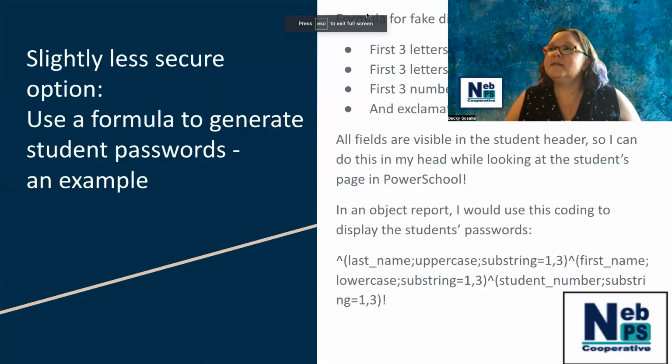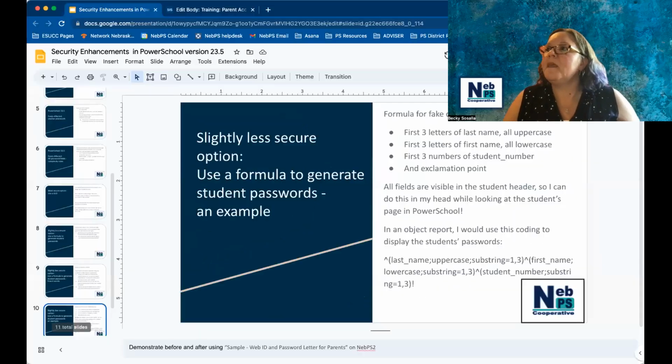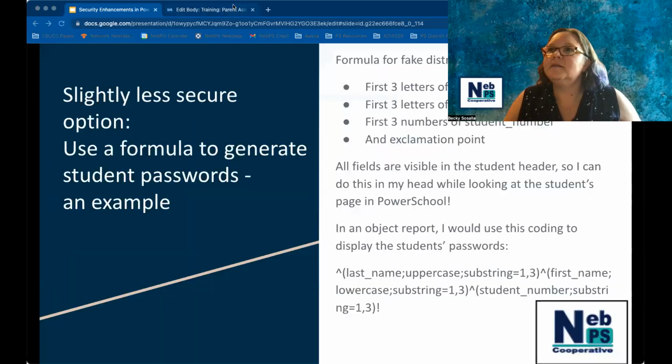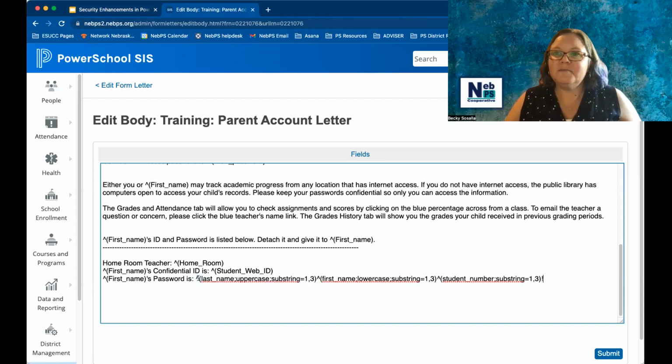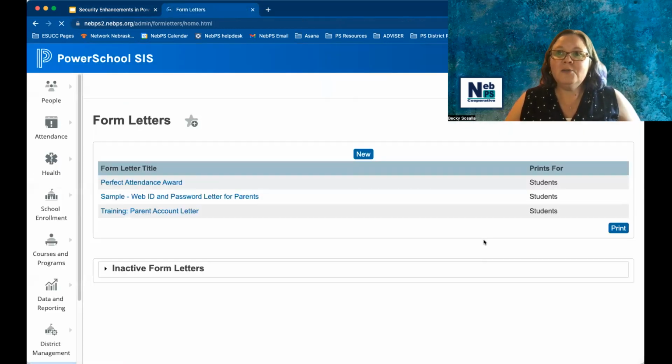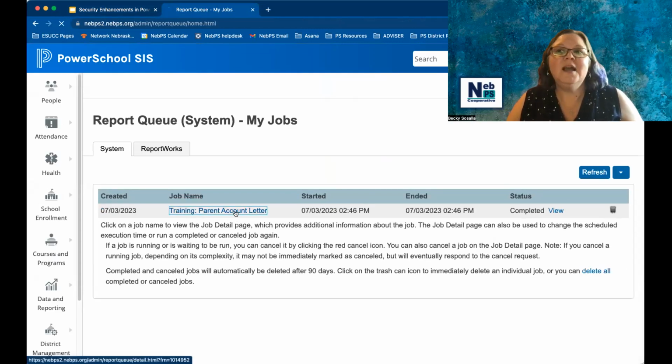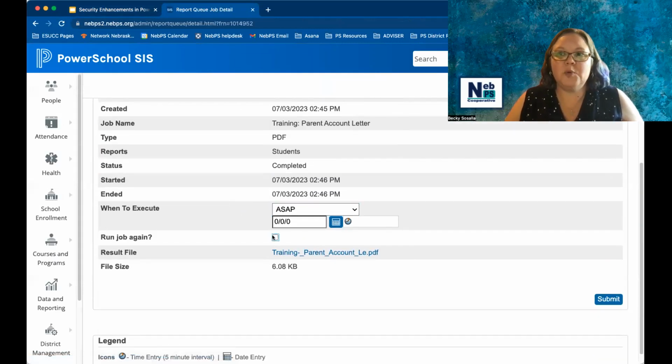And, oops, I hit the wrong button. Forgive me. And paste that into my form letter. So notice, last name, all uppercase, first three digits. First name, all lowercase, first three digits. Student number, first three digits, and an exclamation point. So now, when I go to my reports and I rerun this report,